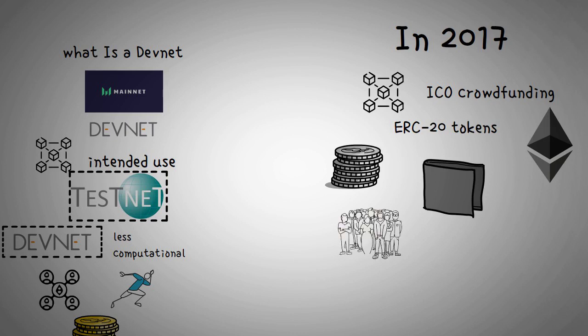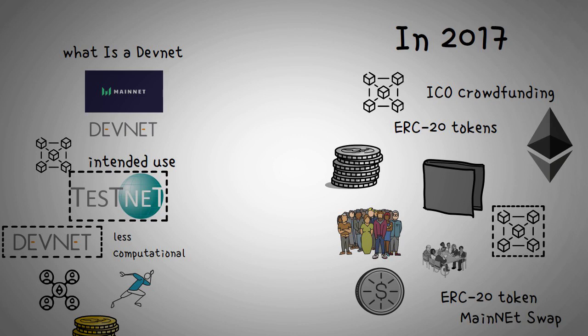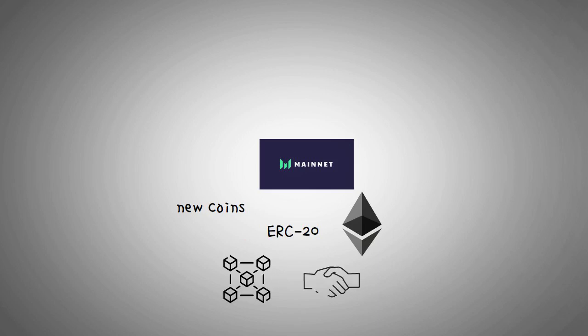After the ICO crowdfunding is complete and the blockchain is fully deployed, the team may release their mainnet, which will have their own native coin rather than the previously issued ERC20 token. At this point, a process known as Mainnet Swap takes place, where the ERC20 tokens are swapped for the coins of the new blockchain. After the Mainnet Swap is completed, remaining tokens are usually destroyed so that only the new coins can be used. And despite the popularity of Ethereum and the ERC20 standard, many other blockchain platforms support the